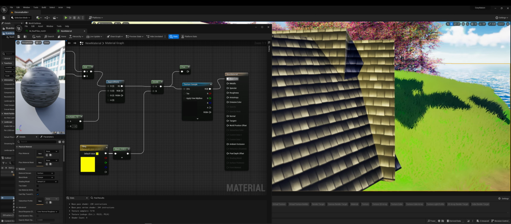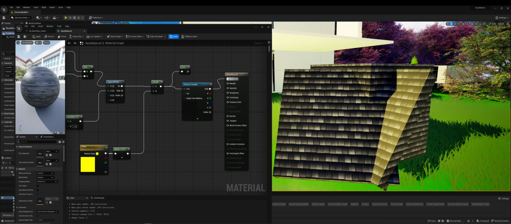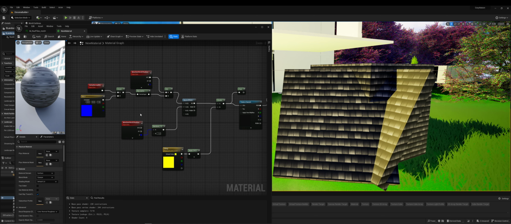So yeah, that was the big thing. I'm going to be using it for roofs and wall textures too. It's really simple, just a few nodes. And I don't know if there's a proper name for this kind of projection or whatever, but